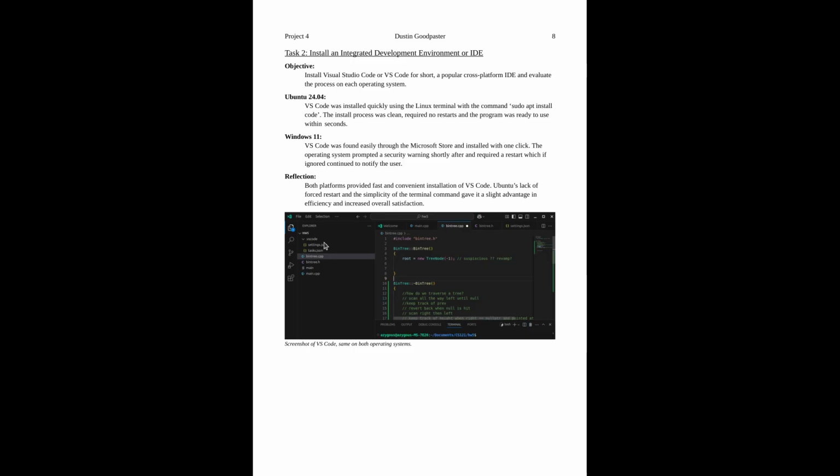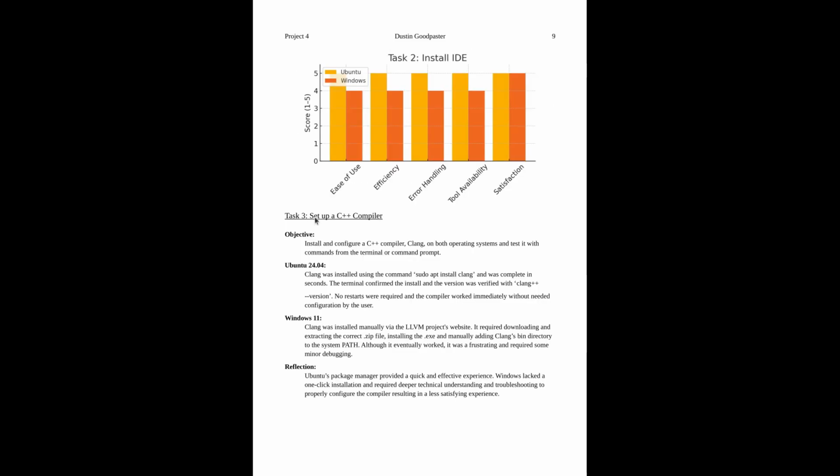Next, we evaluated setting up a C++ compiler. For this, I chose Clang, which is available on Windows and Ubuntu. For Ubuntu, it installed using just the command